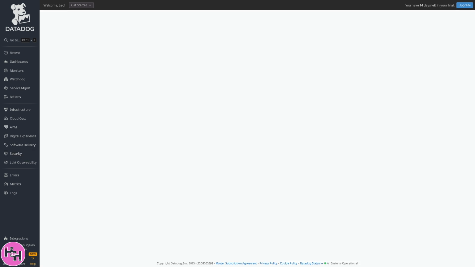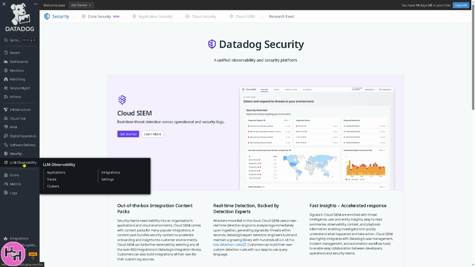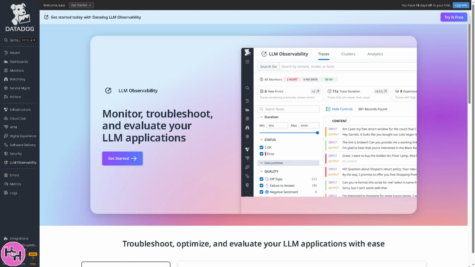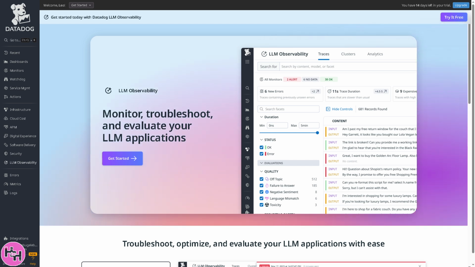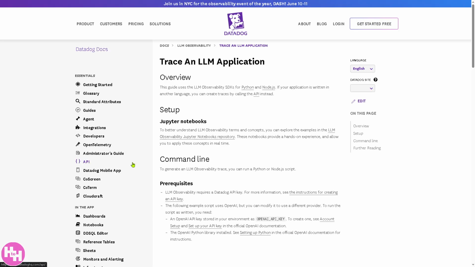So we're gonna go to the security, because this section provides threat detection and monitoring by analyzing logs, infrastructure, and application, including all of these. It detects suspicious activities and workloads, investigates and responds to threats. Now, the last section is going to be the LLM observability, wherein it's designed for monitoring large language models, or LLMs, in AI applications, providing insights into latency. If you click the get started, you'll be forwarded to identifying models, failures, or drift, tracks user interactions with AI